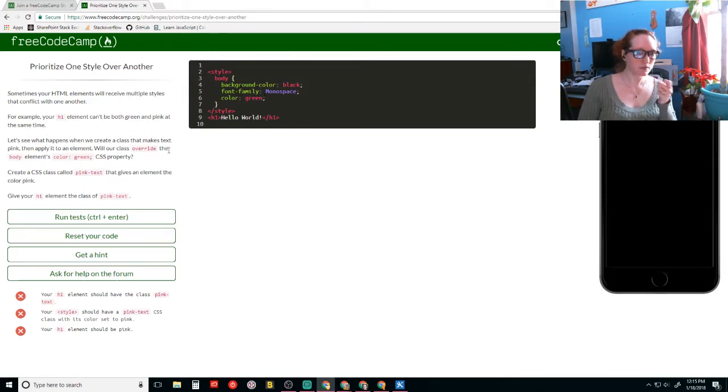Alright. Want to see what happens when we create a class that makes the text pink, then apply it to an element? Will our class override the body element? It probably will, and they want us to know this.